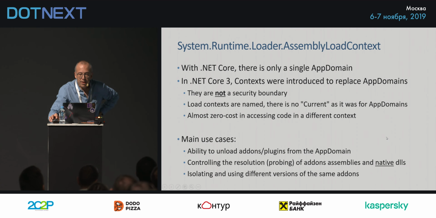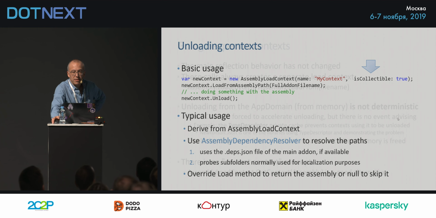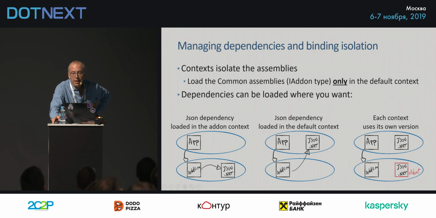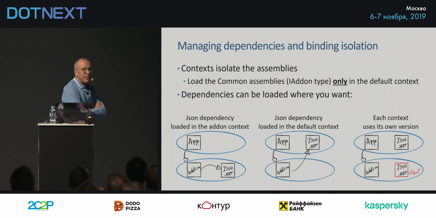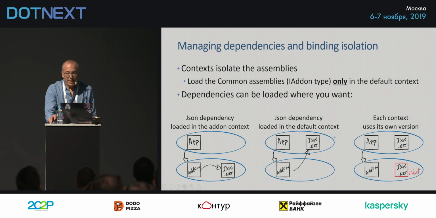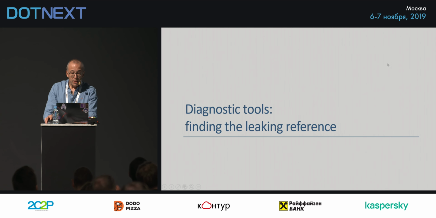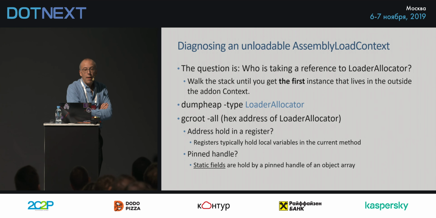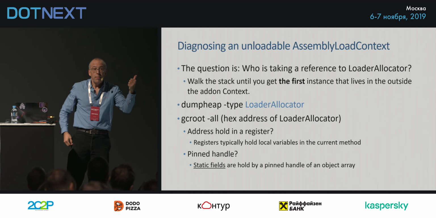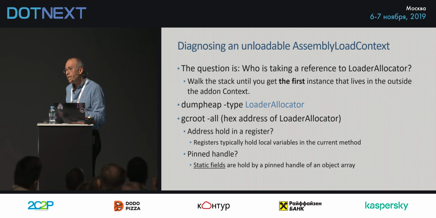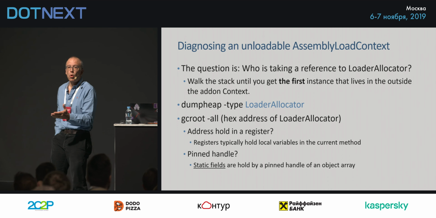So if you want to see it running, we can rerun the demo right after. So we already talked about this good thing, but there is a case, and I want to show you exactly that: when you want to load a dependency and this dependency does not go down, like JSON.NET is an example because we use the type descriptor, you have to use the diagnostic tools. And this diagnostic tool is .NET dump, which allows you to collect a dump and to capture a dump live from your application,